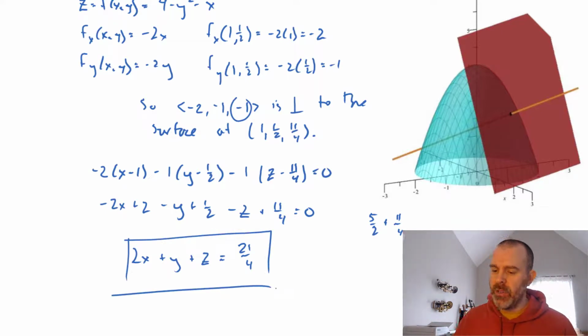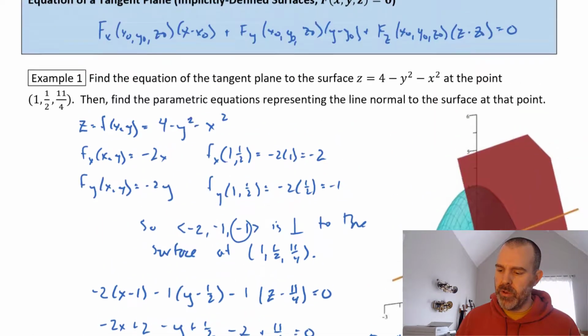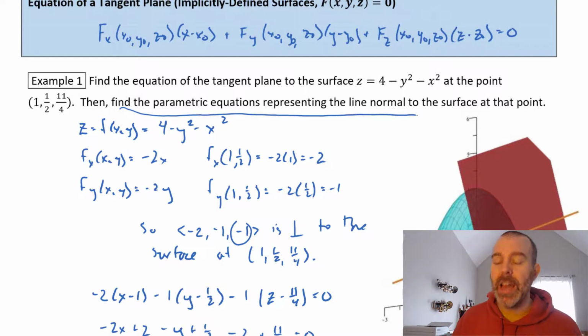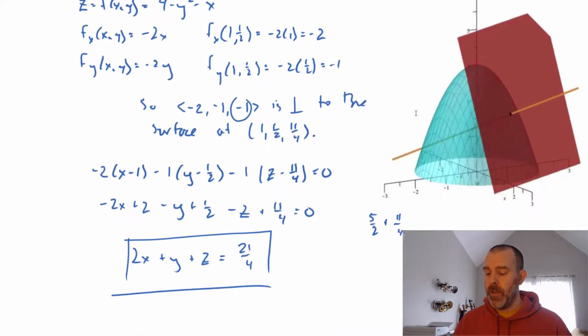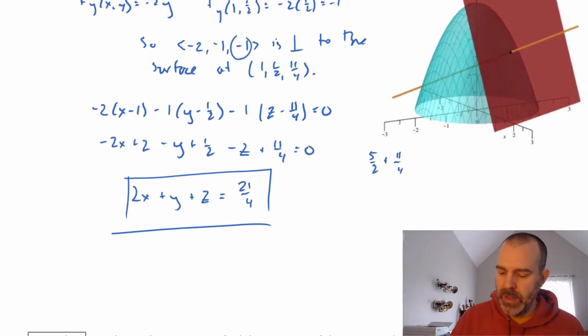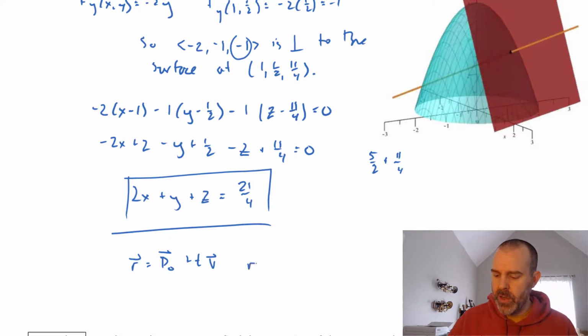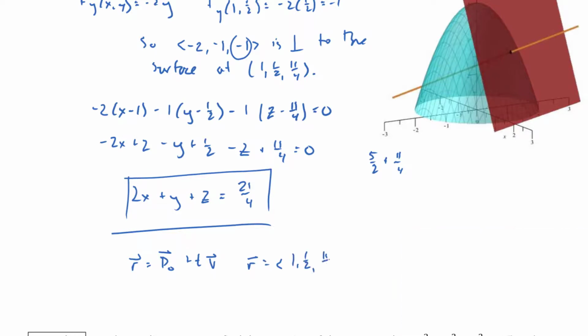And now it also said, scroll back up here, find the parametric equations representing the line normal to the surface. So if you remember lines, or the equation for a line, we need a point. We kind of vectorize it. Is that a word? Make it into a vector plus t times a vector in our direction. So for ours, we'll have the point 1, 1/2,